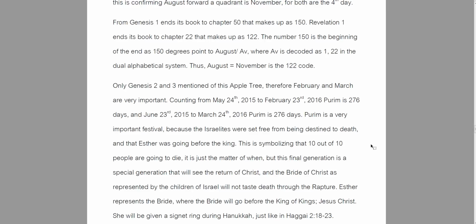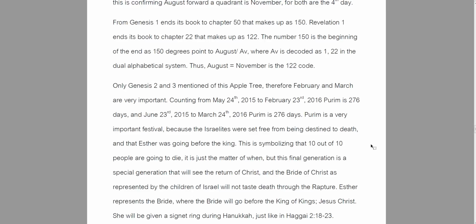Purim was a marker this year, counting from the first Pentecost last year, May 24th, 2015, to February 23rd, 2016. Purim was 276 days. Counting from the second Pentecost of last year to this year's Purim,